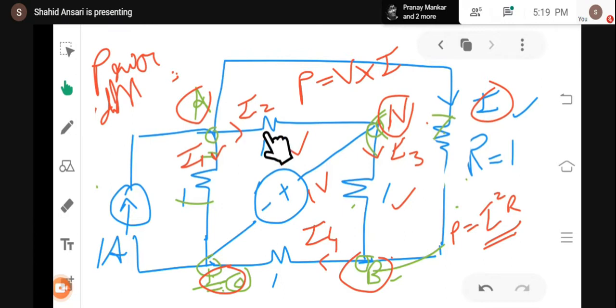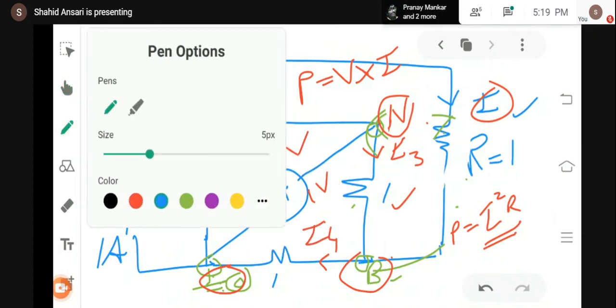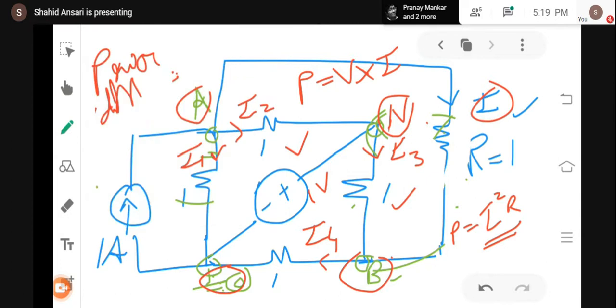How can we find the current? We can simply assume any direction of current. But are we considering this source as a power delivery source or a power absorbing source? We are considering it as a power delivery source, which means an active element. So if it is an active element, what should be the direction? Current should enter from negative or positive? Negative. Current should enter from negative, so my direction must be like this. Is it correct? Current is entering from negative.